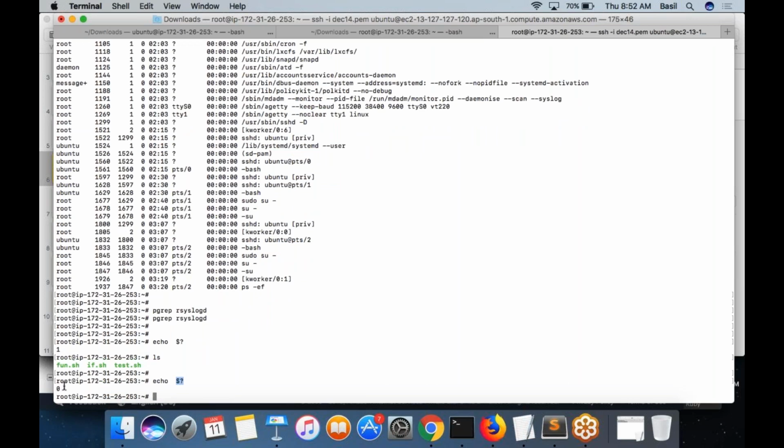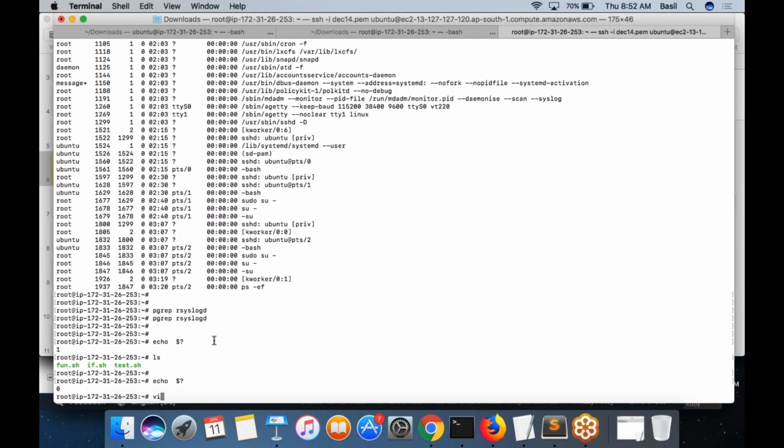If the command had failed, this variable would be initialized with a non-zero value. So basically, in your if condition, first you can execute this command, then look at the value of $?. If it is equal to 0, it means you are getting some output from this command. rsyslogd is running. That's what it means.